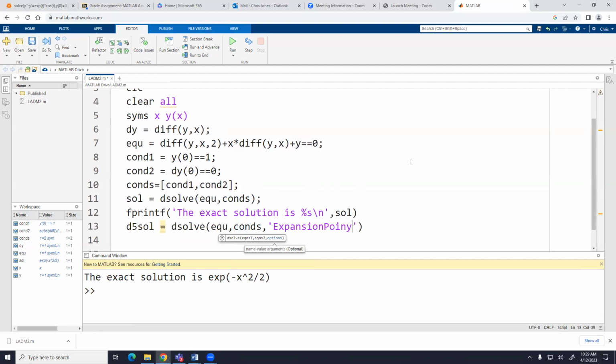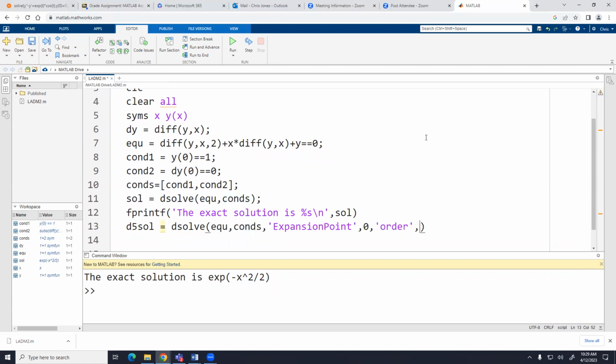Oh, that's the function. So expansion point is going to be what point that we're centered around. Whenever I ask you guys to find a solution, I say find it about x sub 0 equals 0. Or if I'm feeling really mean, x sub 0 equals 1 or something like that. So I'm going to say expansion point comma 0, excuse me. And then I'm going to say order,